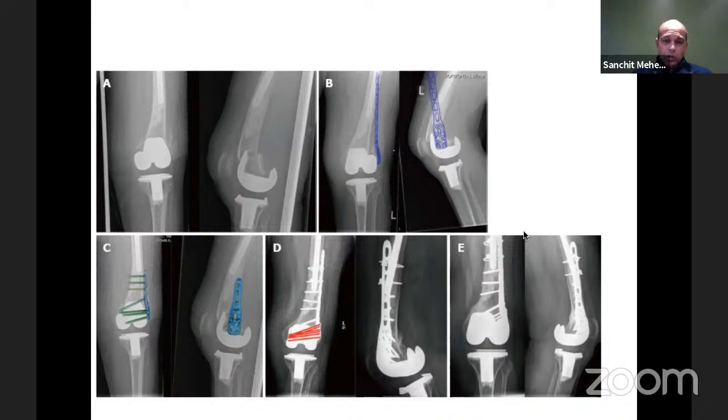And it's quite a good thing in areas, again, where there's been a big stress riser. So you've got a long stem proximally, you've got a knee replacement, and you need to get lots of screws in a small, tiny area. I think the modern stems and the modern plating systems are very good, and they will allow you plenty of screw options. They're either staggered or there are flange plates that go out that will allow you to change your angle of fixation.